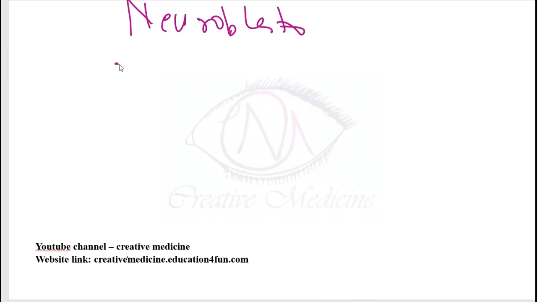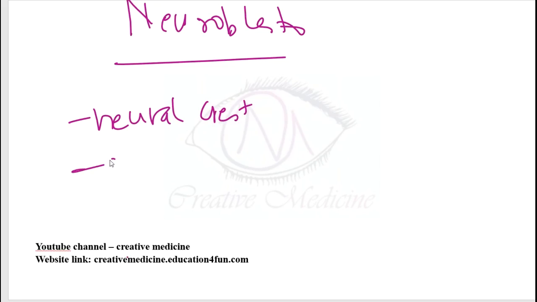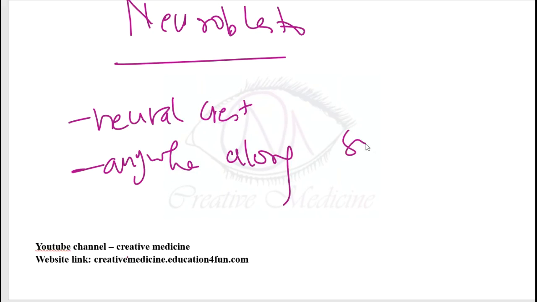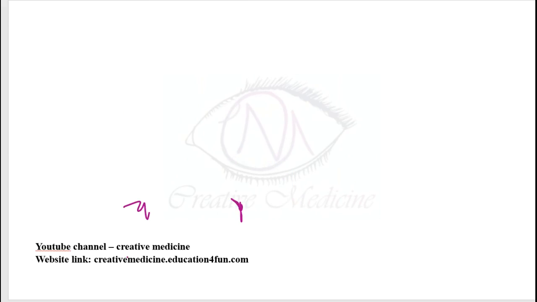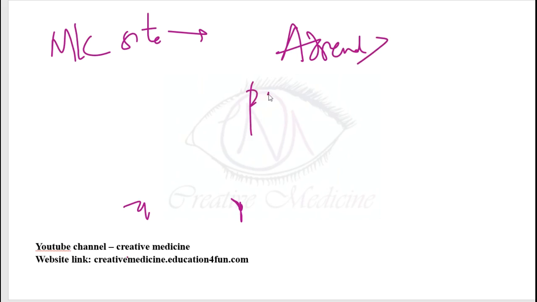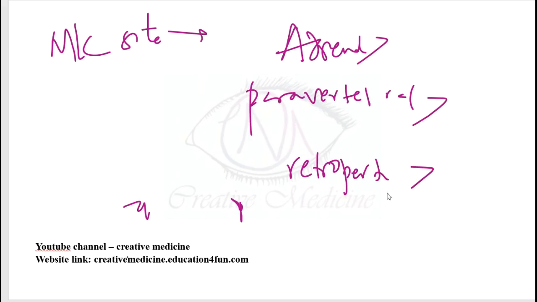This neuroblastoma arises from the neural crest cell and it can originate anywhere along the sympathetic chain. Then the next important thing is, what is the most common site of neuroblastoma? It is mostly seen in the adrenal, followed by the paravertebral region, followed by the retroperitoneal region, followed by the posterior mediastinal region,